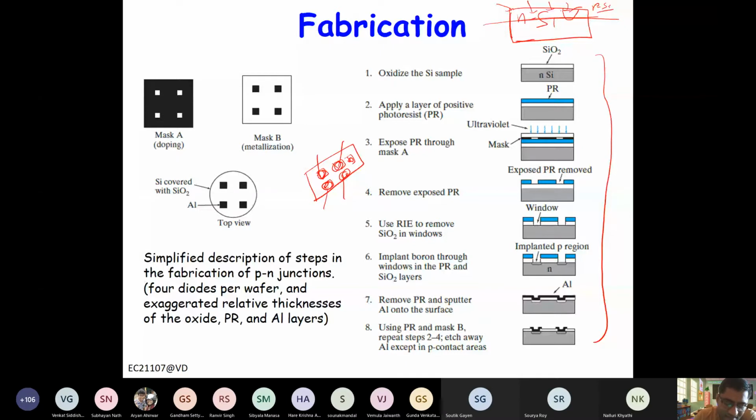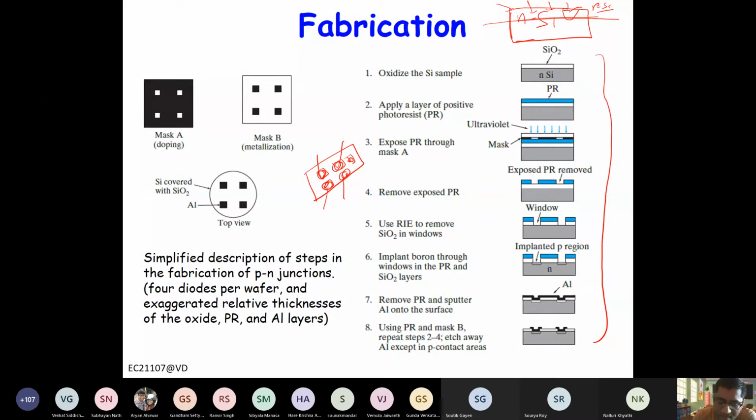Since we cannot directly inject the dopants at a particular location, we have to cover it, right? For example, if you recall, during Diwali we paint our house, right? If some portion of the house we don't want to paint, we cover it with certain plastic or something, right? So a similar thing is done here. First of all, we oxidize the top surface, right? This oxide basically acts as a barrier. Then we want to open some window through this oxide, so we want to selectively etch away the oxide.